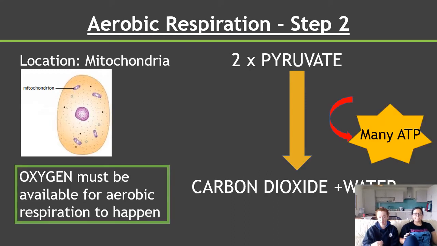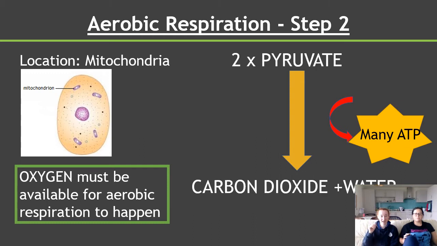The second step, this can only happen when oxygen is available. So step 1, it doesn't need oxygen. Step 1 can happen whether oxygen is available or not. If oxygen is not available, again, we're going to look at that in the next video. But when oxygen is available, it goes into this stage in which those 2 pyruvate are then broken down into